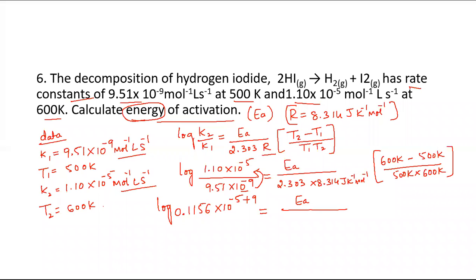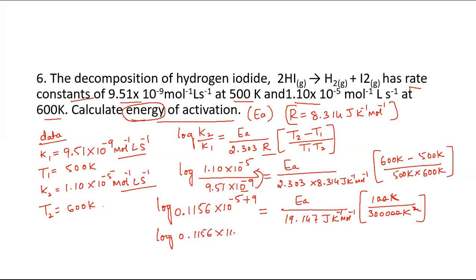2.303 into 8.314, so the value is 19.147 joule per Kelvin per mole, into 600 minus 500, which is 100 Kelvin, divided by 500 into 600. Kelvin square, this and this will get cancelled, and these two zeros will cancel. If you write the values along with the units, it will be easy to write the answer along with the unit at the end. Okay, so now see, the log value becomes